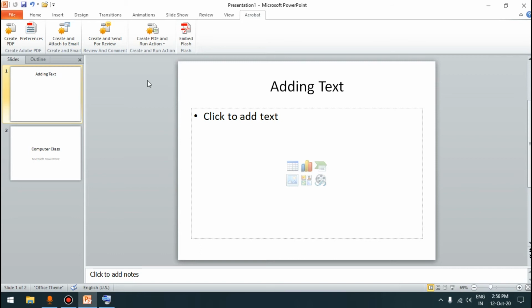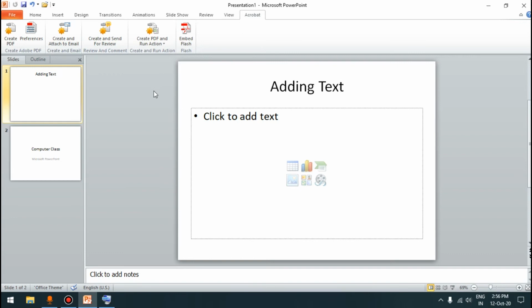So while working on the computer, we must save our work continuously, so that even if the computer gets turned off accidentally or immediately, we can get our data from where we have saved or left off.